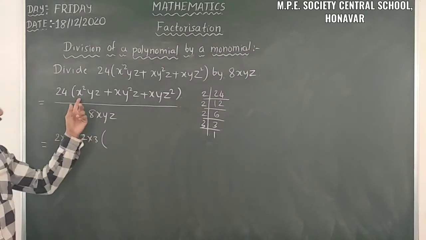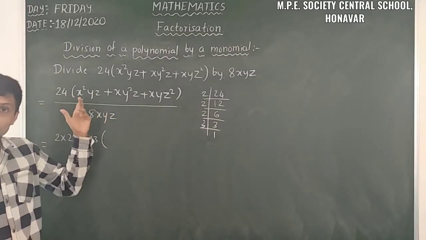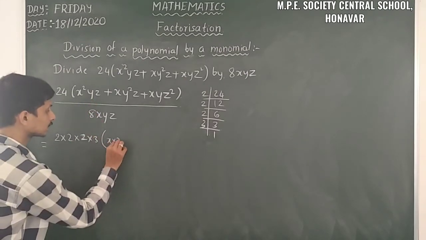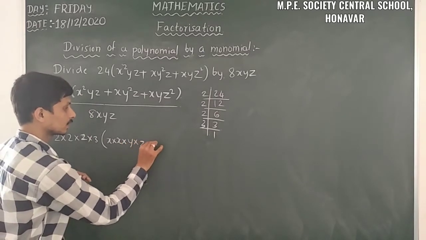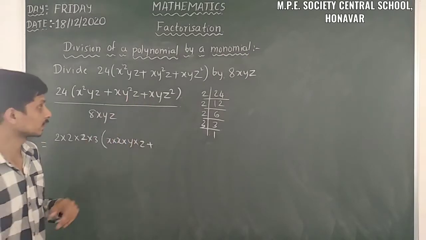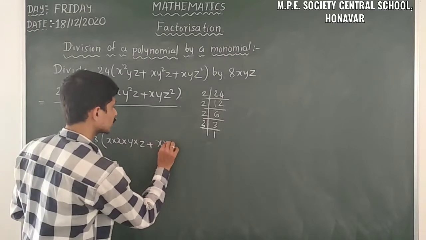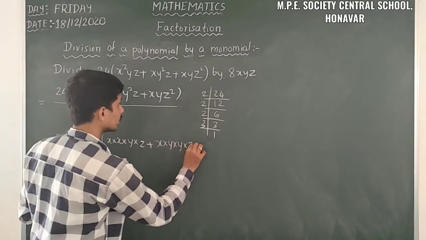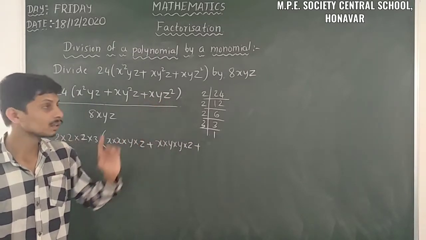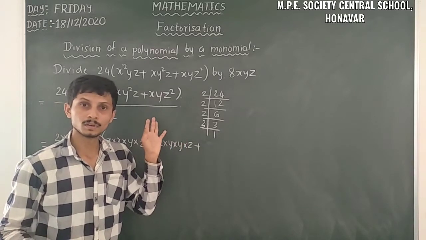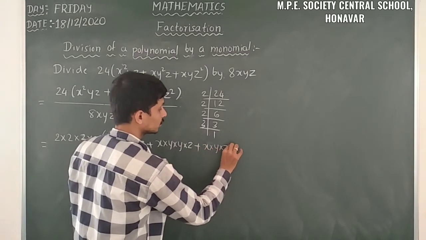And then, just observe x square yz. We have to write it in the form of a product of irreducible factors. x square can be reduced, so that means x into x. Then y and z are irreducible factors. Then here x y square z: y square can reduce, but x and z cannot, so that is x into y into y into z. Here x, y, z square: z square can reduce but not x and y. So we can write it as the product of these irreducible factors, x into y, and z reduces to z into z.